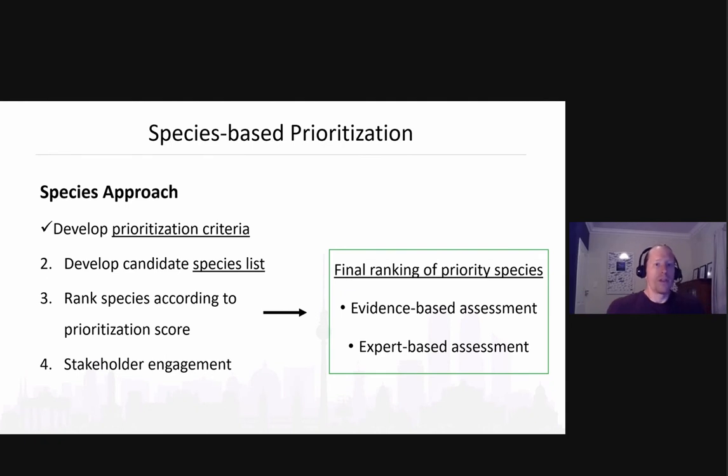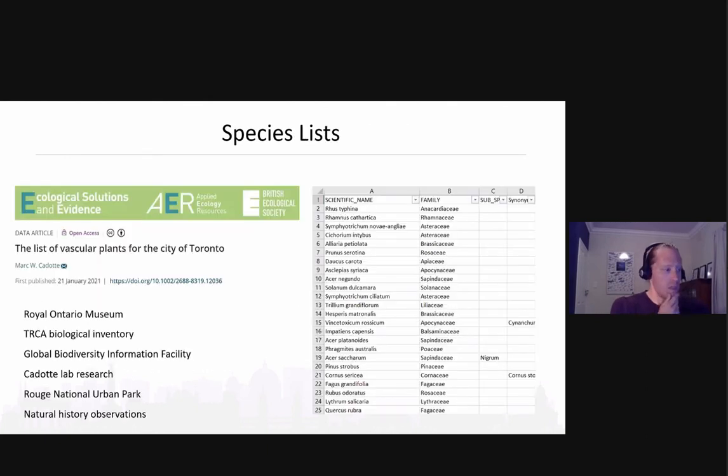So now that we've developed the prioritization criteria for the assessment, the next step would then be to develop the candidate species list. And of course, in some data deficient areas, this might be very tricky. There are ways to go around it, but we were lucky in that we have Mark Cadot in Toronto, and he was able to recently publish a list of vascular plants for the city of Toronto, which is a really comprehensive data set.